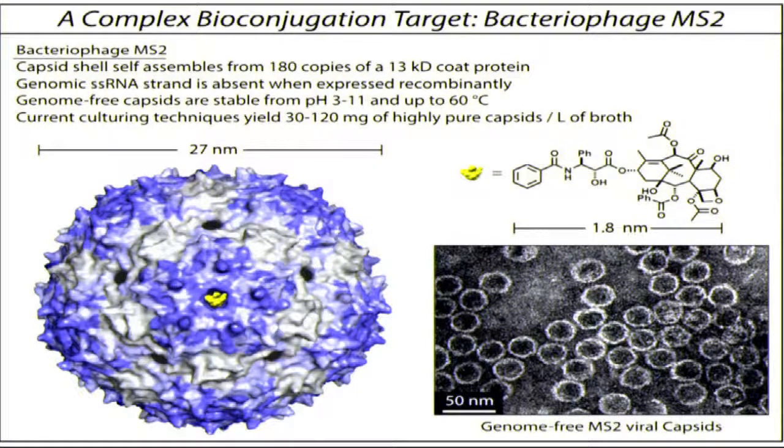And this virus, we developed ways over the years where we could produce it with none of its normal genetic material inside. Normally viruses, this one would contain about 3,800 nucleotides of RNA. We can actually produce them such that that is absent, and we have these hollow protein shells that are left instead. These just have solvent on the inside, and what this presents for us are two surfaces that we can